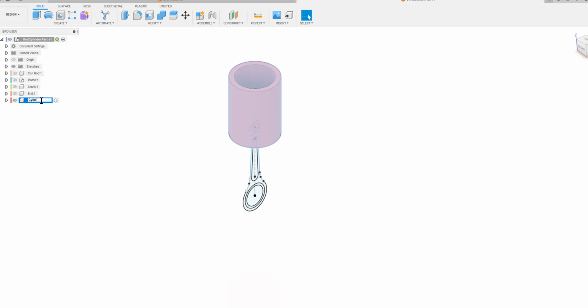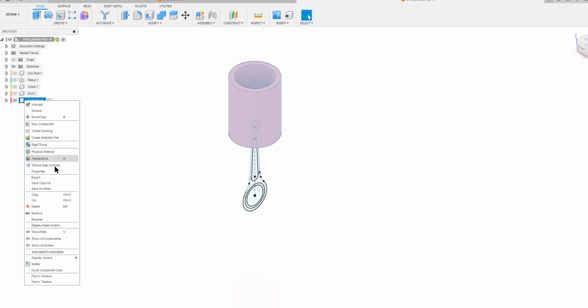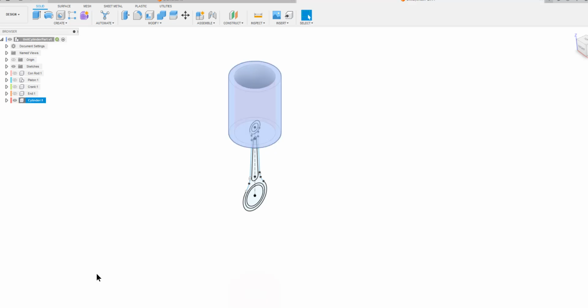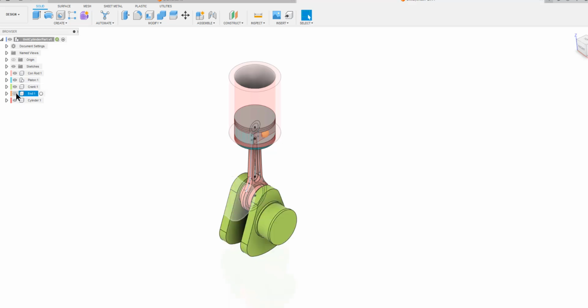So I have a cylinder there. What I want to do to this cylinder is create an opacity control for it, and let the opacity be like 30. If that is okay, I can now allow all the other things to show. So I have this now, and I deliberately want the cylinder to be visible and transparent, so that we can continue to see what's happening to the